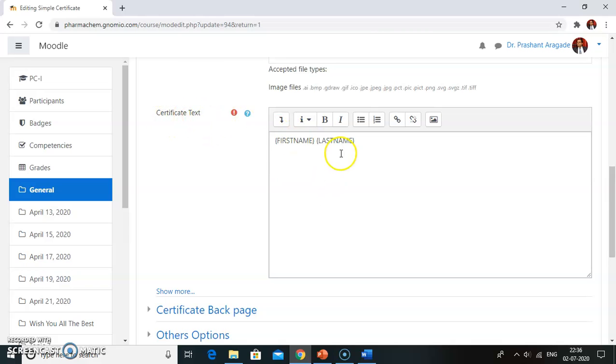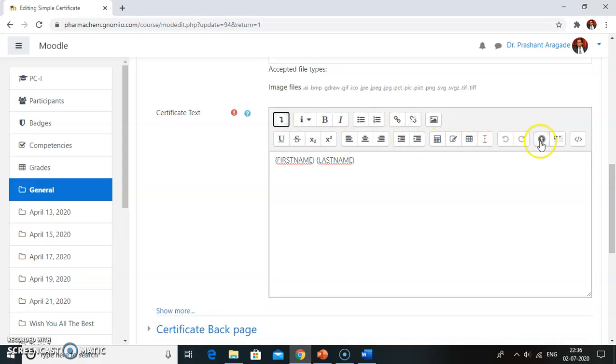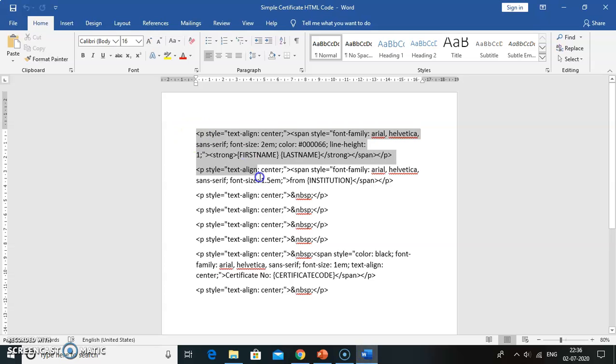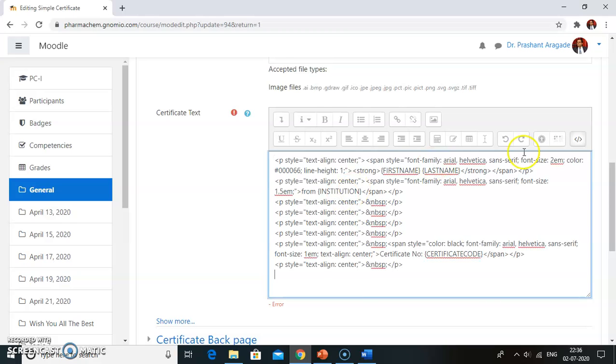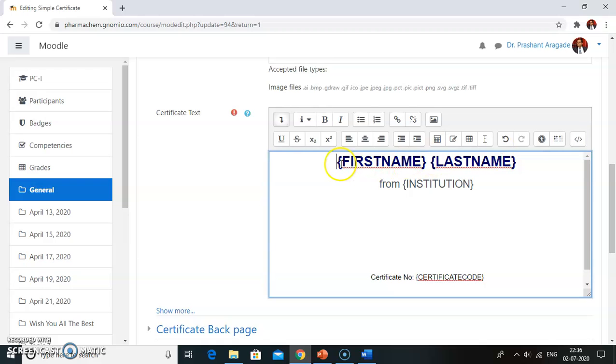Then come to the certificate text box, click on this arrow for showing the advanced buttons and then click on this HTML code button. Delete everything from here and just copy and paste the HTML code here, and again click on this HTML button.